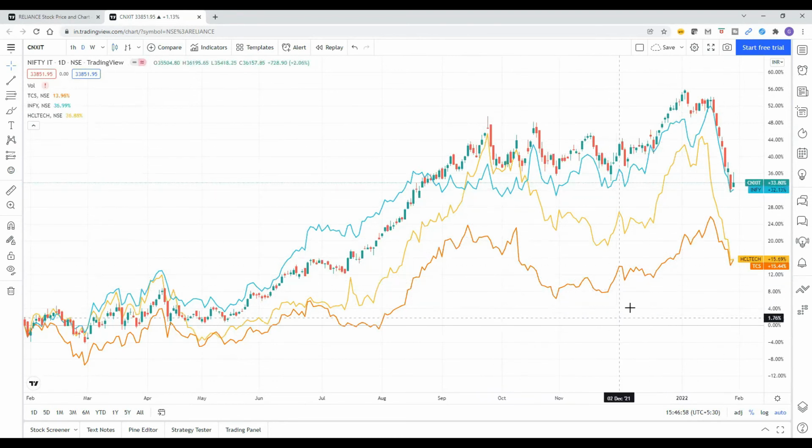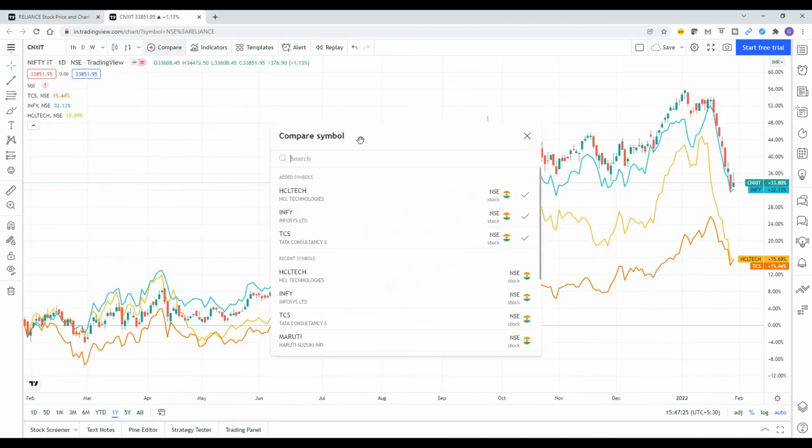Now, if you see comparatively, the IT index has performed 33%, Infy has given 32%, whereas HCL Tech, let's take 1 year, default 1 year taken, HCL Tech just performed 15%, and TCS has performed 15%. So out of these three IT stocks, let me add one more, Tech Mahindra.